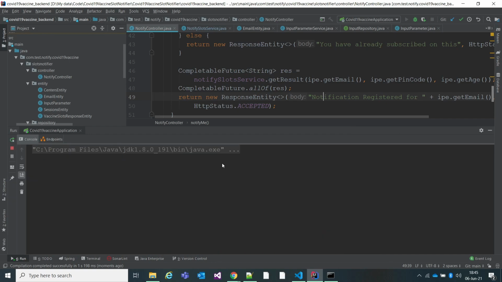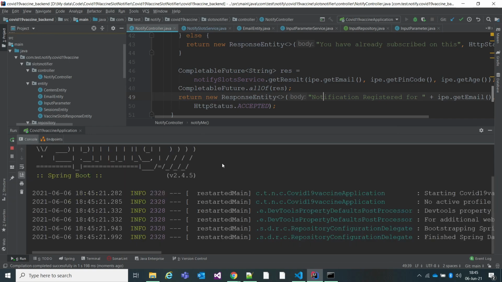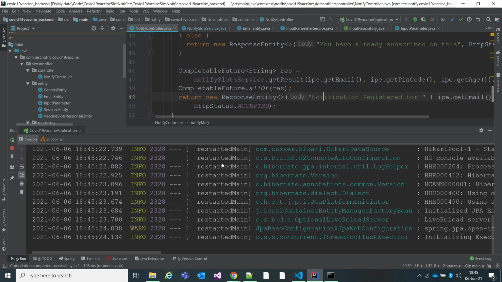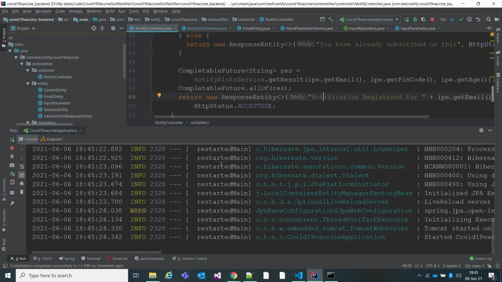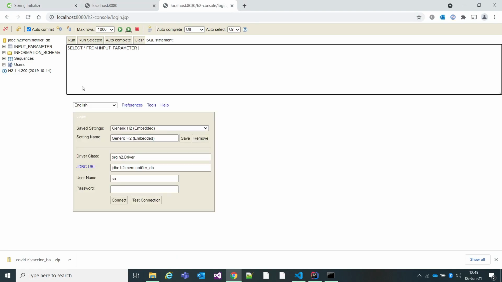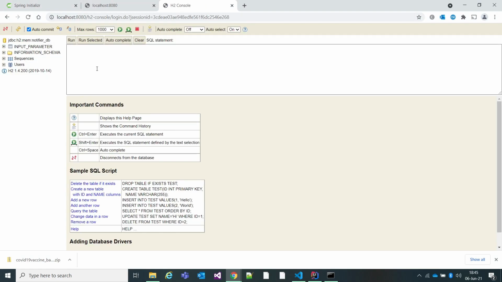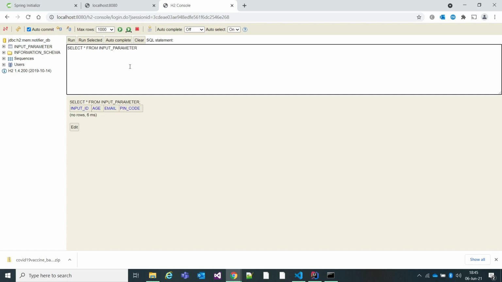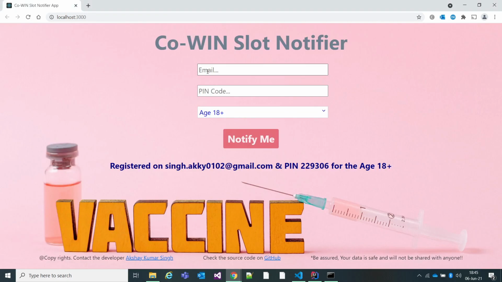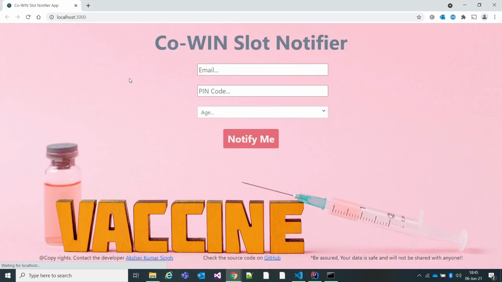The disadvantage of the H2 database is that if you restart the server, it wipes off the data you saved earlier. If you open the H2 console and run, you can see there's no data. Now I need to go here, publish this again, and enter this again.